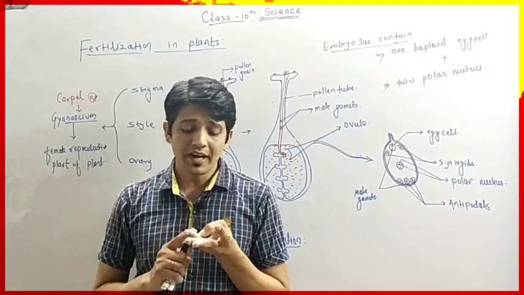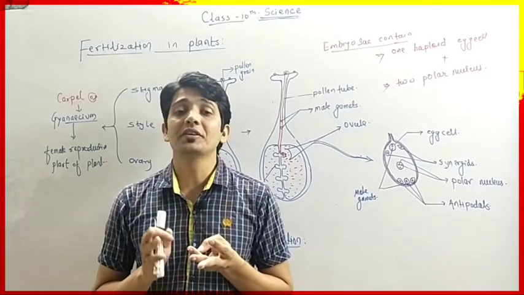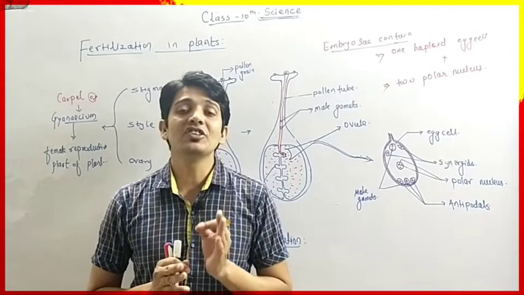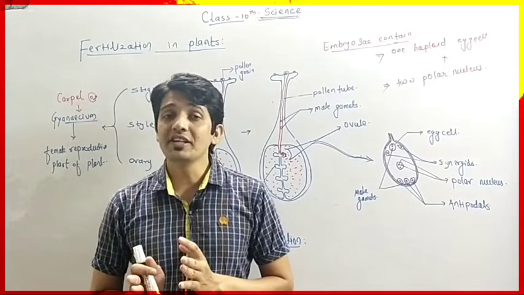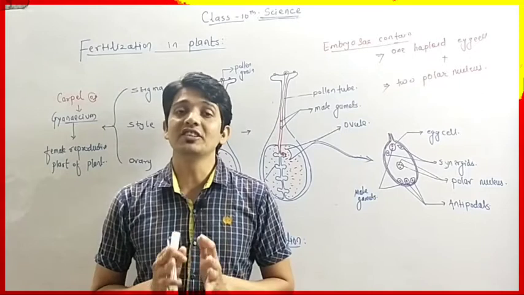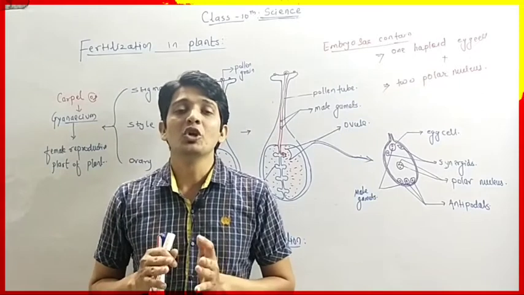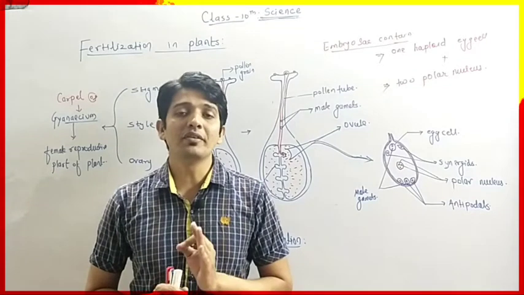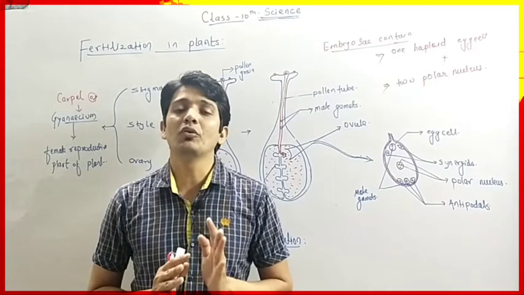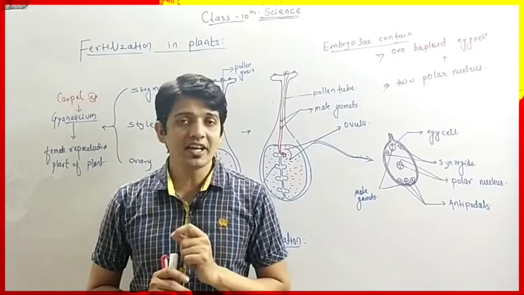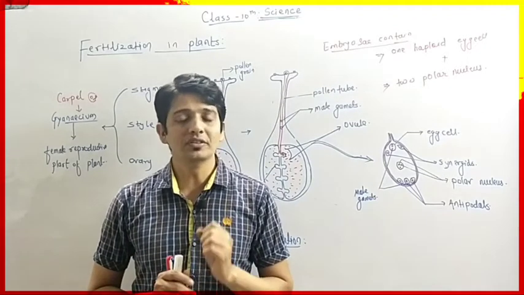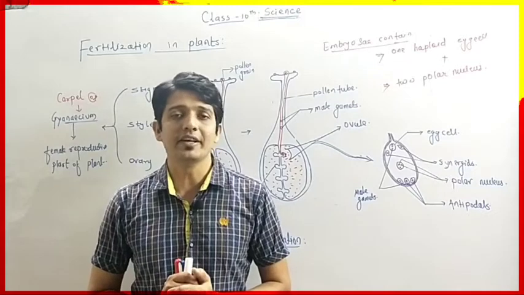Okay. So here androecium and gynoecium are the main reproductive part, hence they are called as essential whorls. Whereas calyx and corolla are called as accessory whorls because they are used to protect the androecium and gynoecium. So in previous video we have understood about the four different parts. If you have not seen it, so please do visit the previous lecture of the same playlist. You can find it.